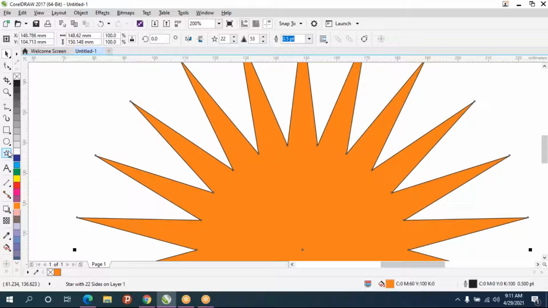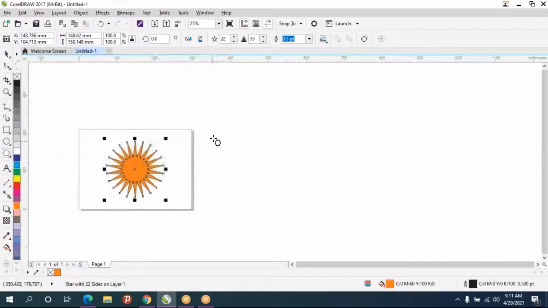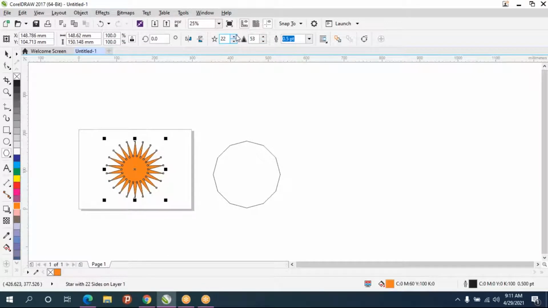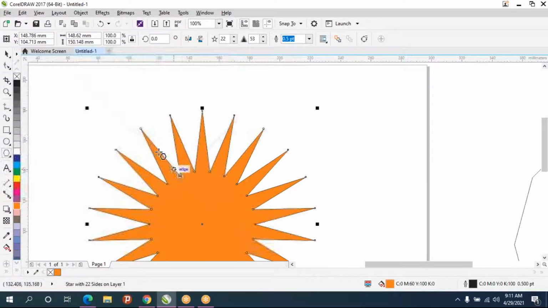For polygon it won't be there. In polygon you can only increase the side values. But when it comes to the star tool, we can increase the sides also, and the inset point value also you can increase from this point to this point.